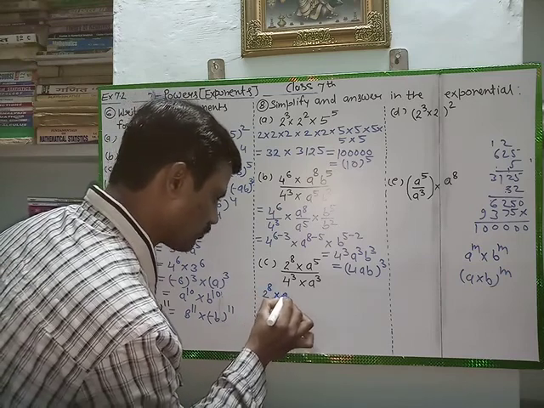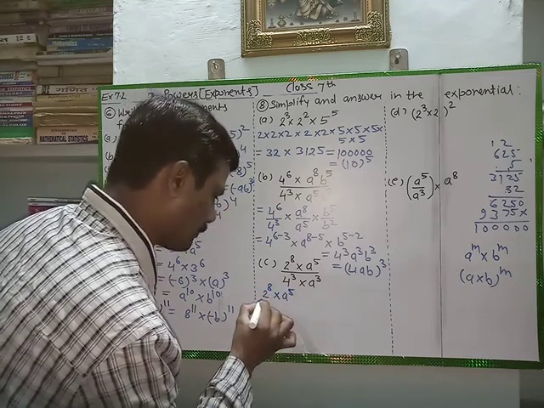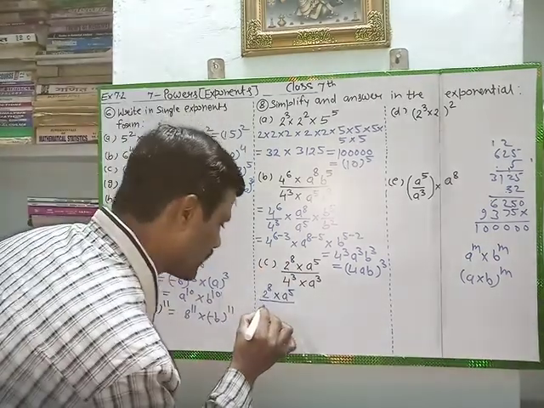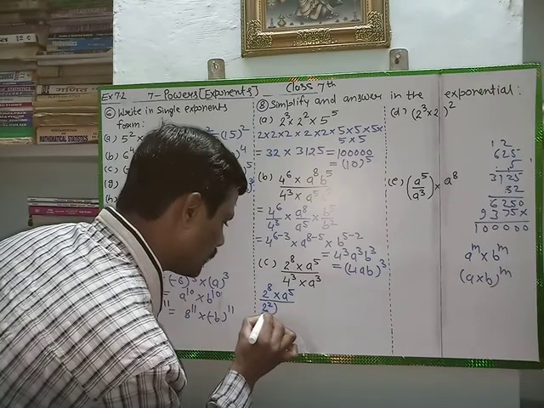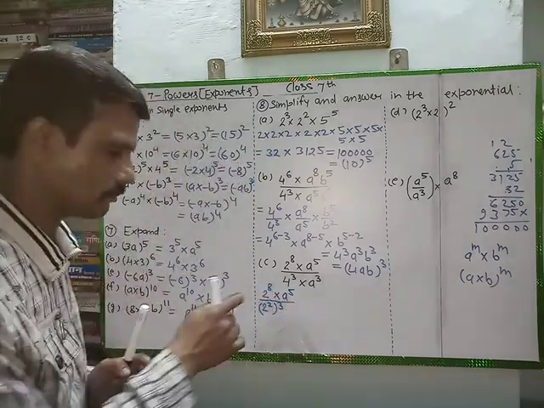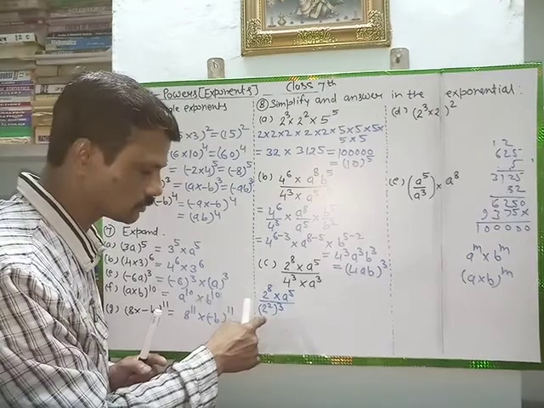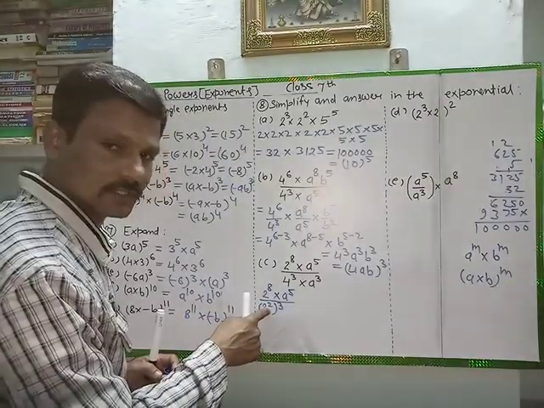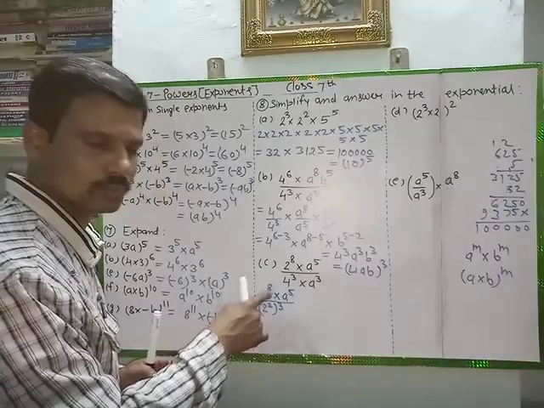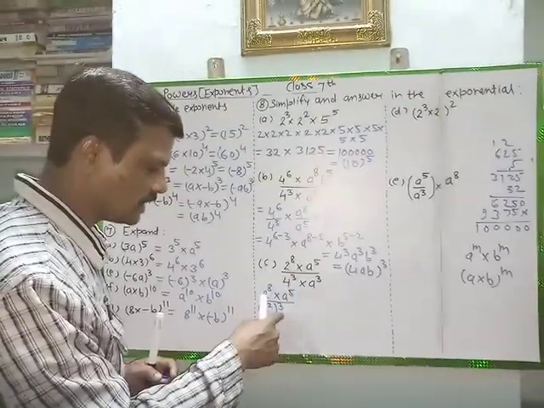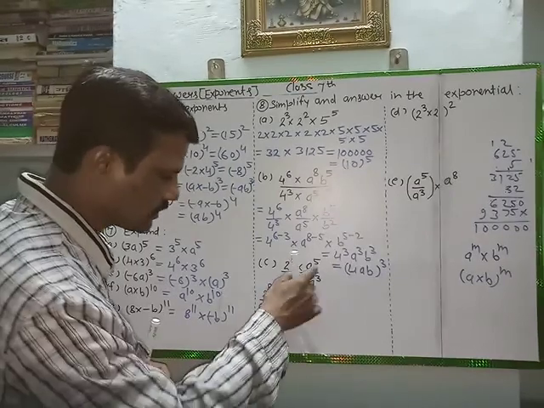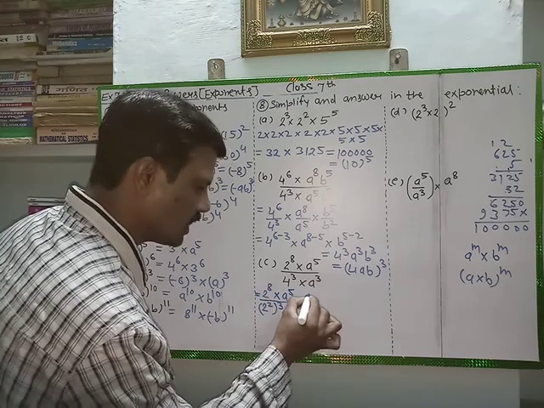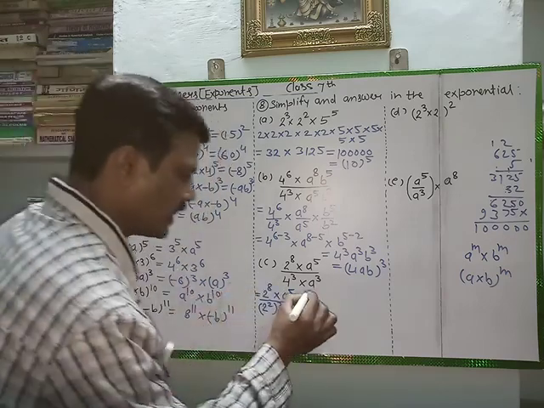Multiply with a to the power 5 also the same, upon 2. 4 we can write as 2 to the power 2, and the whole power 3. 4 can be written as 2 to the power 2, which means 2 to the 4, we multiply 2 by 2 times. Okay, so we will get 4. So you can write 4 as 2 to the power 2, and the power 3 will remain the same, multiply with a to the power 3. Okay, again we can simplify more.